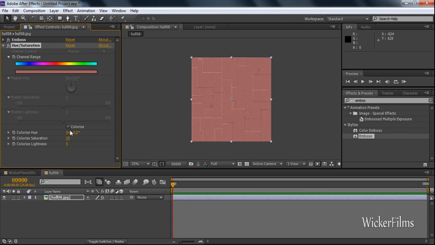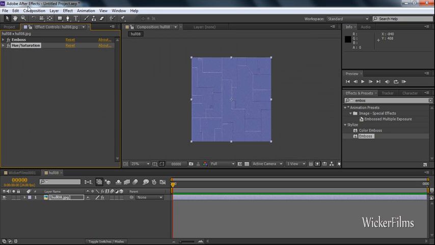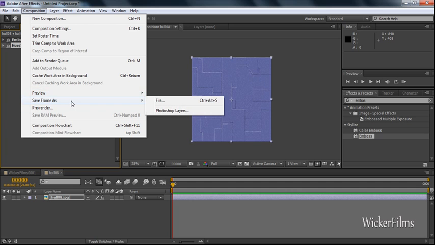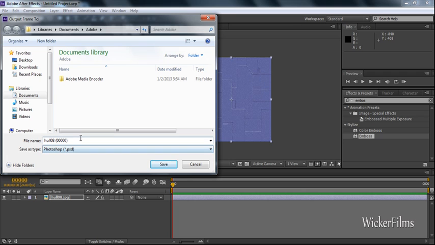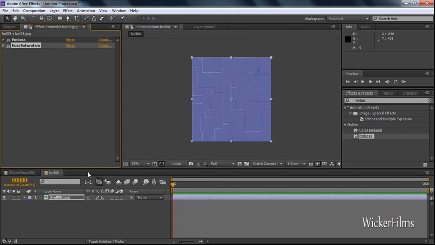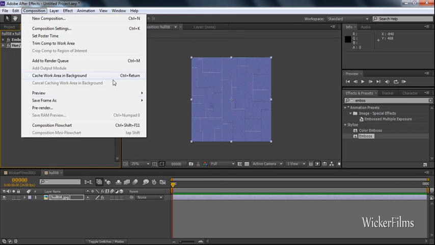I like a bit of a blue, somewhere like that, that's cool. After that I'm going to hit composition, save frame as a file. It's a Photoshop file and I don't want that, so I'm just going to add it onto the render queue,